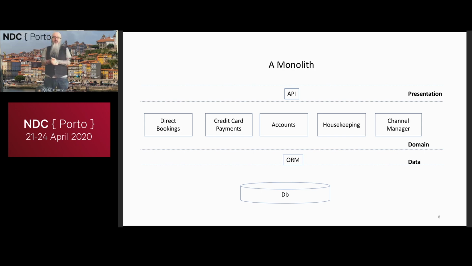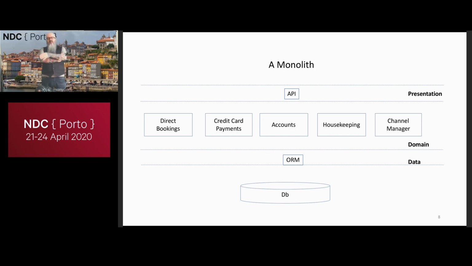Now, I apologize to everybody who may actually have dealt with hotel software at some point in their life, because I know nothing about hotel software. I just use it as an example because I know nothing about it, so I can move away from the details, and most of us have some experience of checking into a hotel, so we kind of understand what I'm talking about.